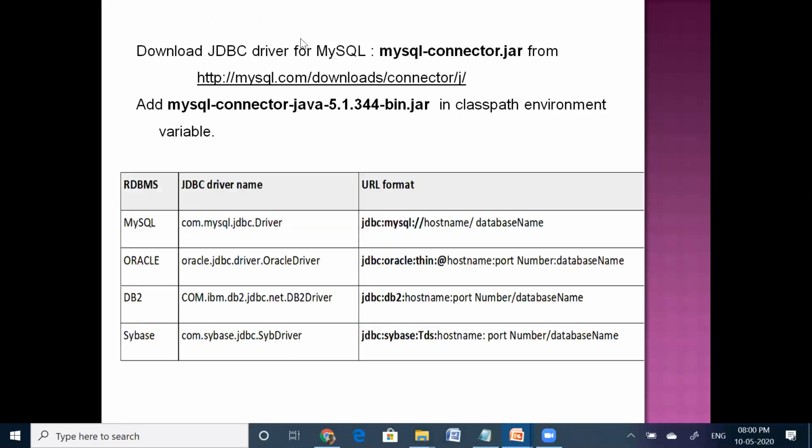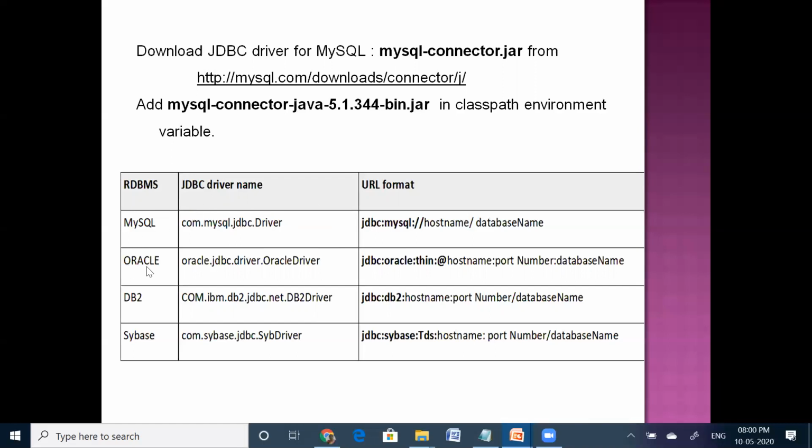Now see, these are all the database servers available for the relational databases. Suppose if your RDBMS is a MySQL database, then the driver name is com.mysql.jdbc.Driver. Okay, and this is the URL format of your MySQL driver. So why I am showing this slide is, in future, while establishing the connection between the driver manager and the database server, we need to give the name of the driver and the URL format of the driver. Okay, that is the reason why we need to remember these two names.